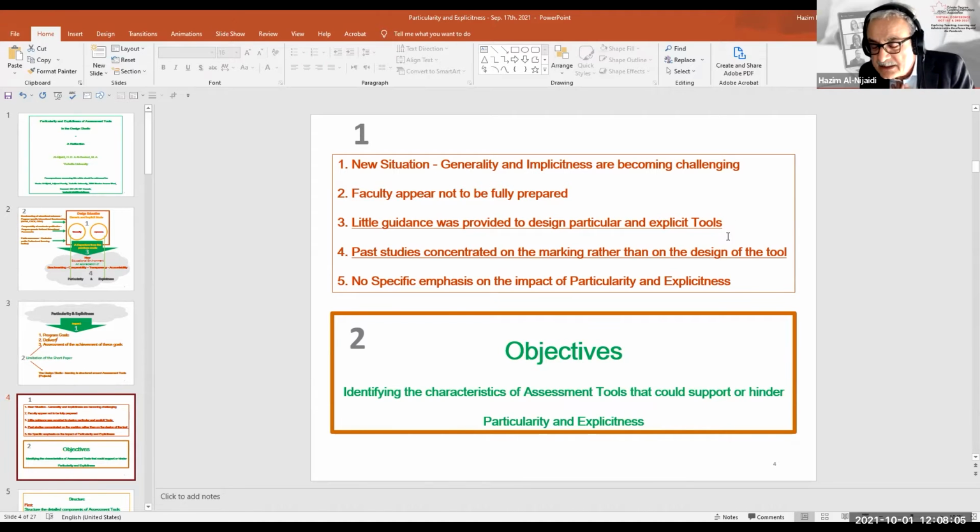All that they considered, they emphasized the composition of the design jury or the statistical analysis of the grading after the assessment has been made. So with this gap, we're trying to identify the characteristics of assessment tools that could support or hinder the intent of particularity and explicitness in the design studio.